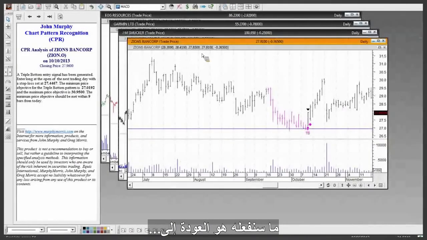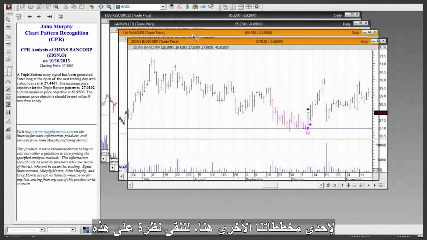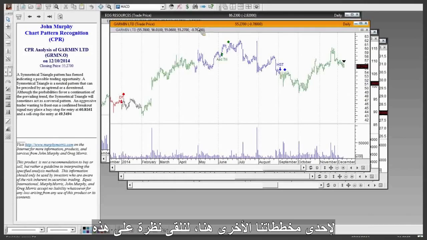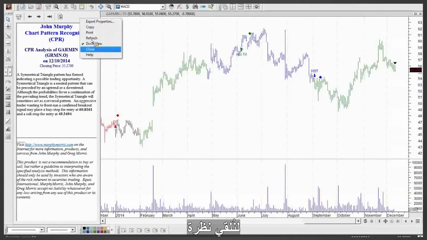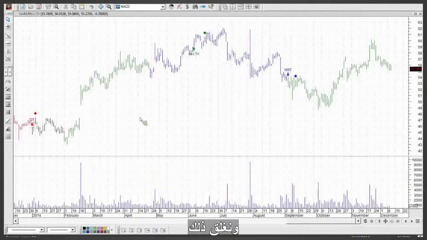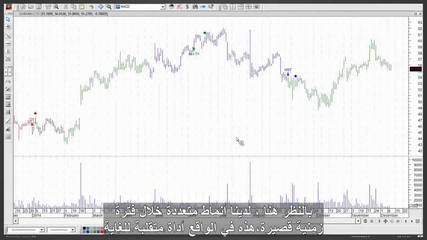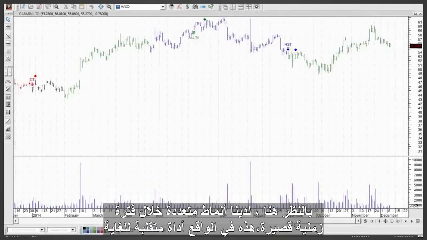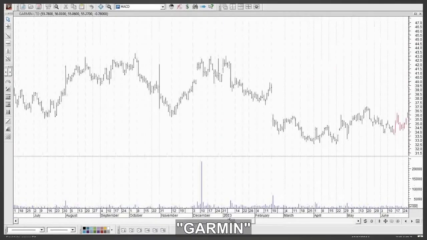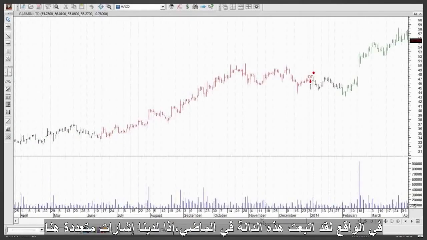And what we're going to do is go back to one of our other charts here. Let's take a look at, what haven't we looked at? Okay. Oh, we have multiple patterns on Garmin. Okay, let's take a look. Let's close that. So looking here, we have multiple patterns within a short period of time. This is actually a pretty volatile instrument. Garmin, I've actually followed this instrument in the past. So we have multiple